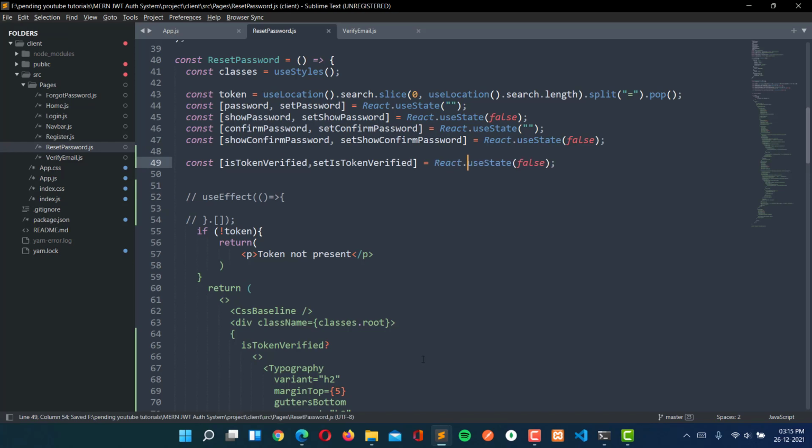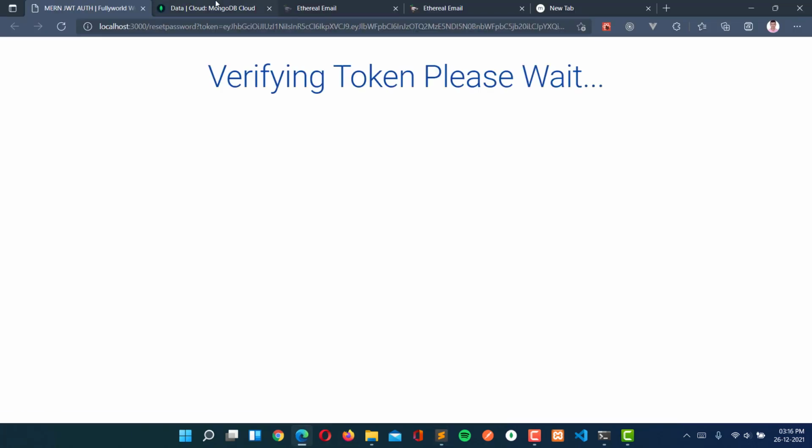Just save this, and here first of all we will go to the database. So see that here we are getting verifying token, please wait. It will remain like this until we verify the token from the backend, until we change the state.